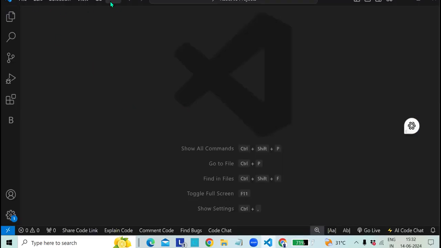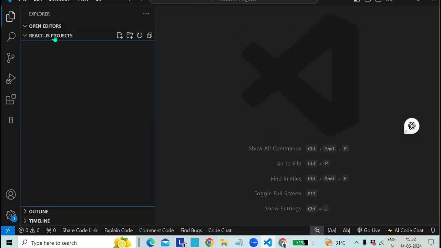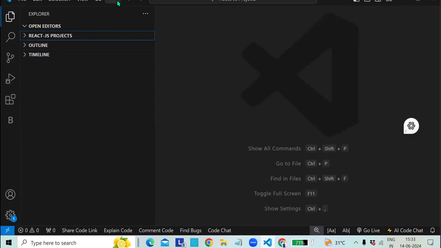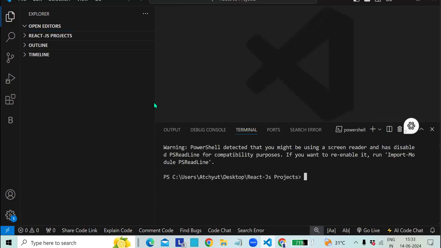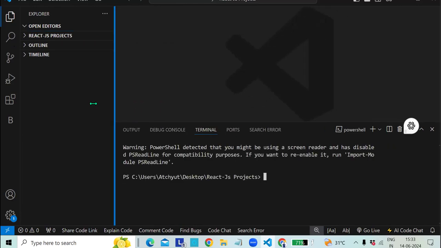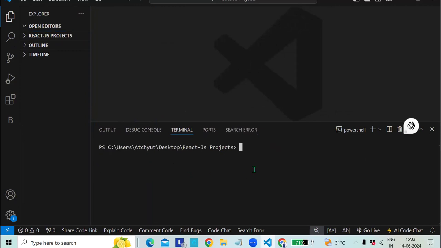So here, just go to the terminal. So we have opened the React project right here. So you have to go to the terminal, create a new terminal here and just drag like this, and just write clear so that it will be clear. And you can see, right, we are in the React.js projects. And here you have to write